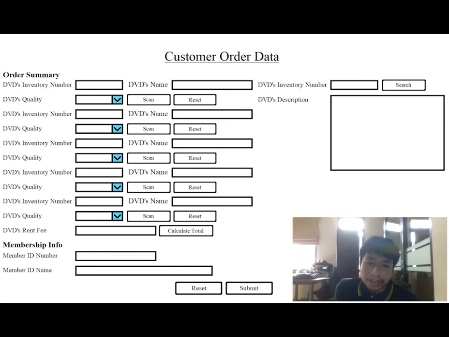At first, our group thought that it would take a whole chunk of the form, too much part of the screen, to have the DVD's description stick to every single one of all of these DVDs' information. So we decided that we would create this function where, for example, whenever the customer asks about the synopsis for a DVD, that